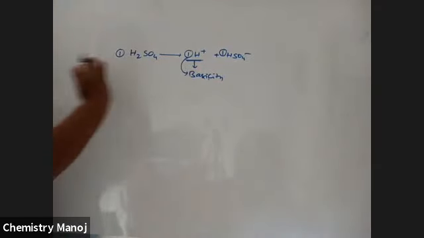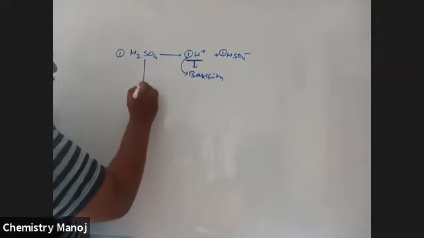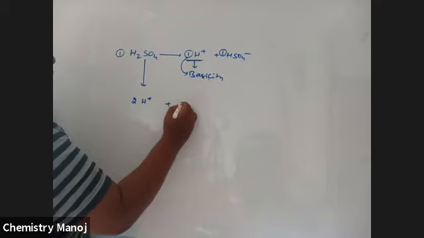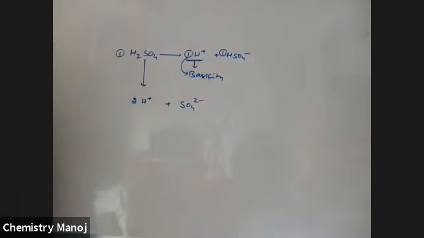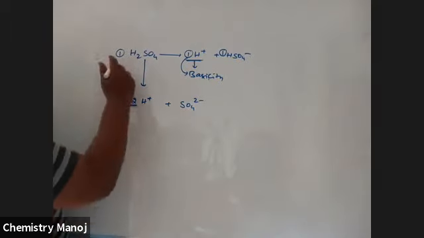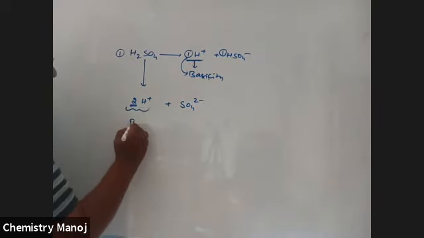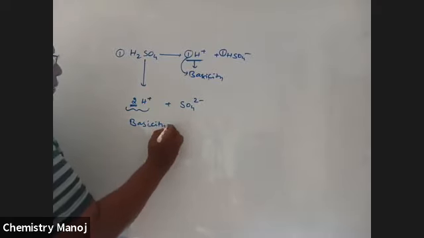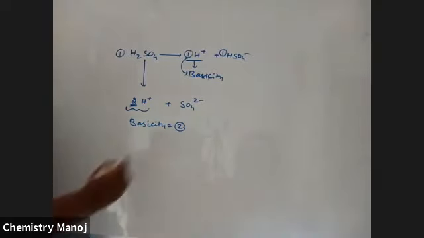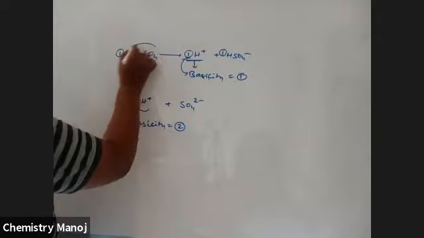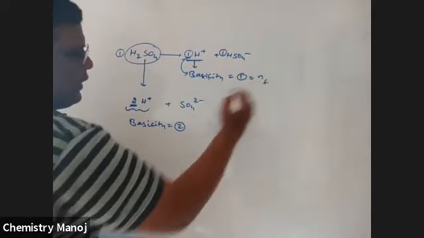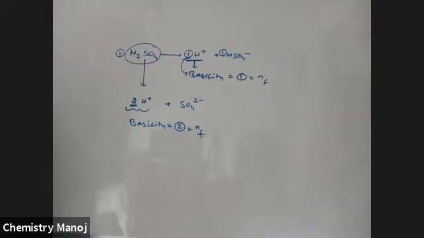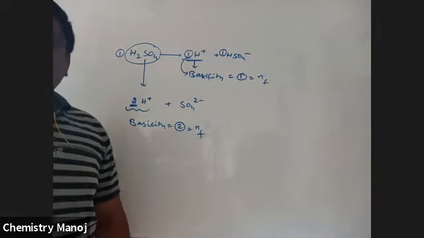Okay. So if the reaction takes place like this, but if the same H2SO4 gives 2 H plus ions and SO4 2 minus ion, here 2 H plus ions are released by 1 mole of H2SO4. Therefore, in this case, basicity is equal to 2. Here basicity is equal to 1. Only 1 hydrogen is released. That means for H2SO4, N factor is sometimes 1 or sometimes 2. Their basicity is nothing but the N factor. So what is N factor? Basicity of an acid is the N factor.